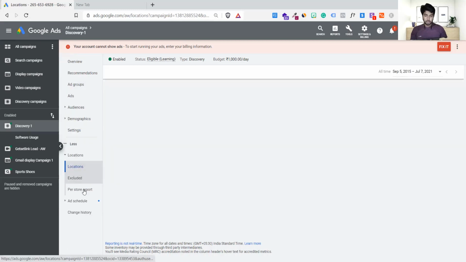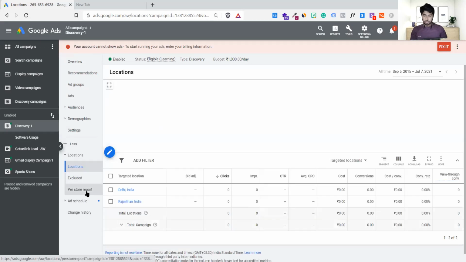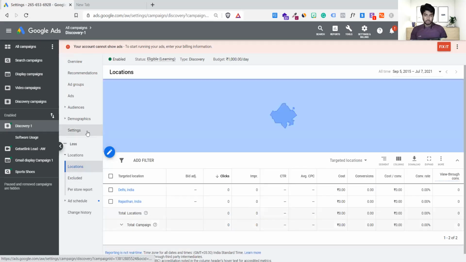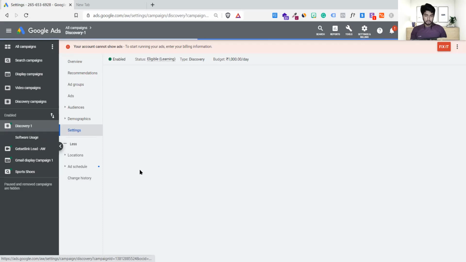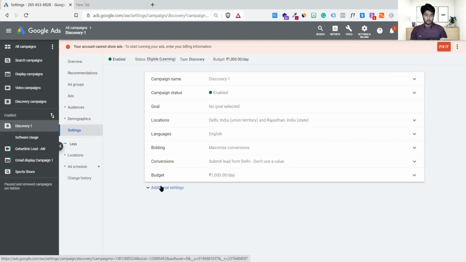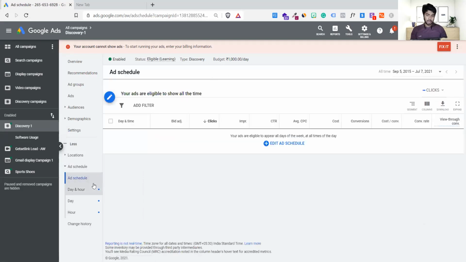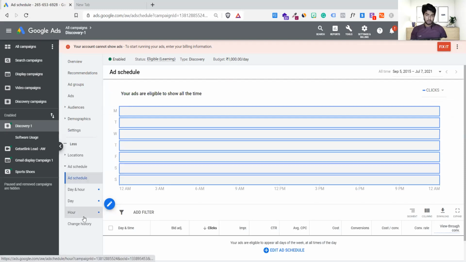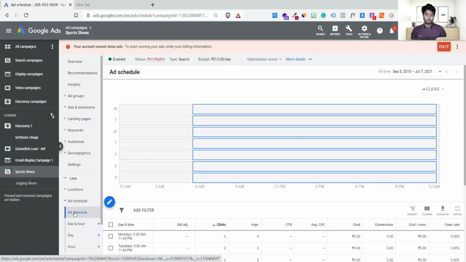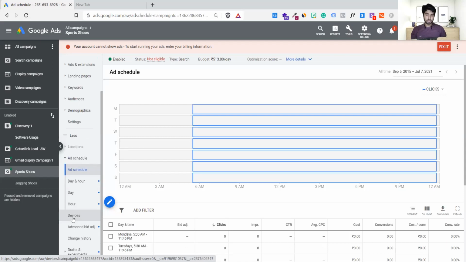Under location, there must be somewhere here. It must be in ad schedule. It is supposed to be there, in ad schedule, but no, it comes under devices. But yes, I'm not able to see it. Like if we go to the search campaign, we will see some devices, like this. See, here is devices.